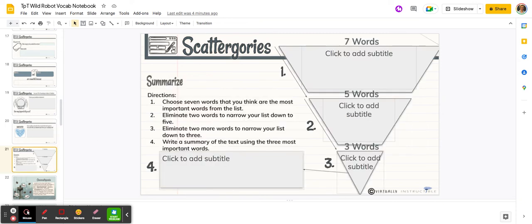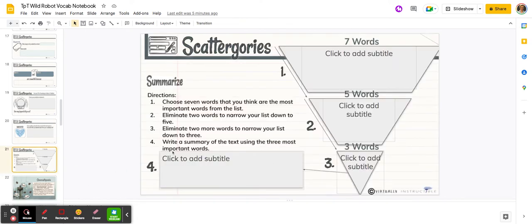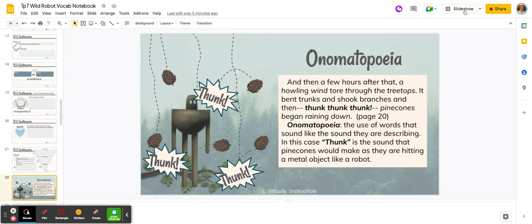Then this one I like to do after we read the chapters. So before the chapters, they made predictions, and then after the chapters, they're going to use the vocabulary words again to write a summary of what they read. So choose the 7 words that you think were the most important after you read, and then narrow it down to 5 by getting rid of 2, get rid of 2 more, and you have 3 left. What would you say is a summary using those 3 words? Then we come to the